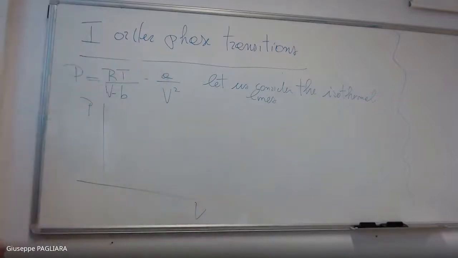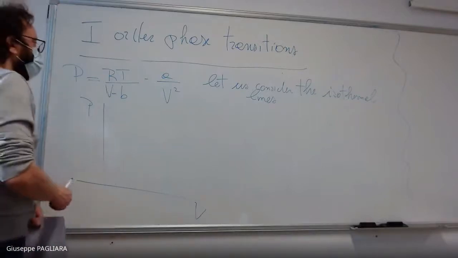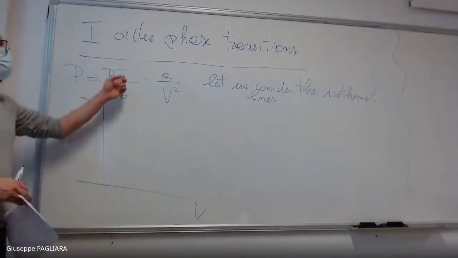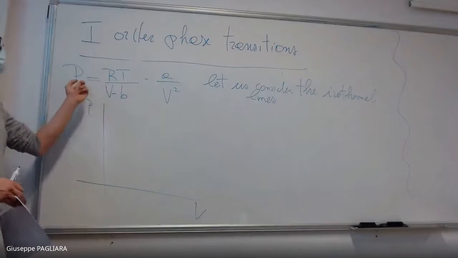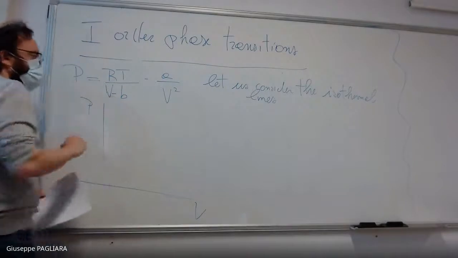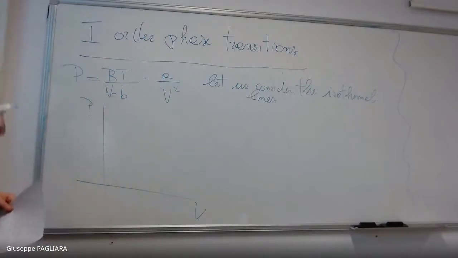This is a game that you can play, for instance, with Mathematica or with whatever software you like to do plots. You fix A and B, then you change the temperature and you see the shape of this function. What you will see is that it happens almost exactly what we had in the case of the phase transition,